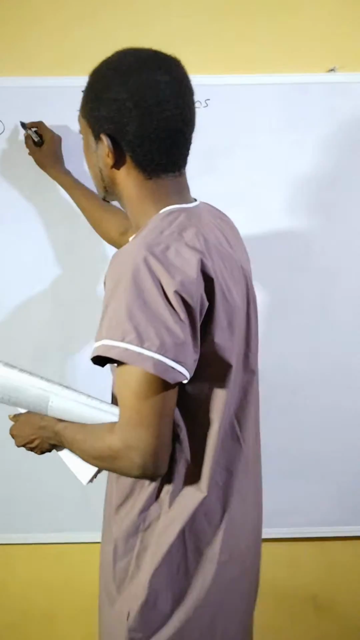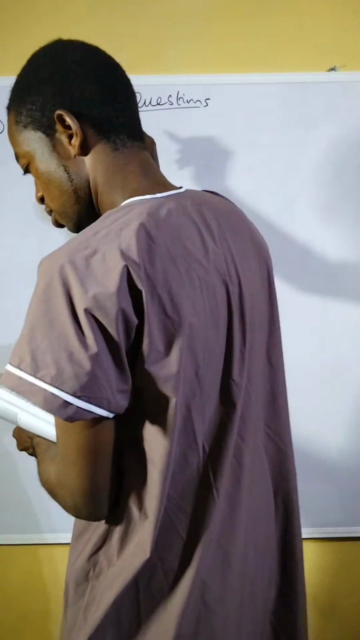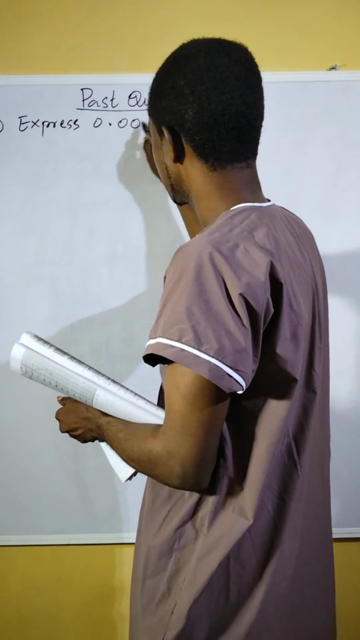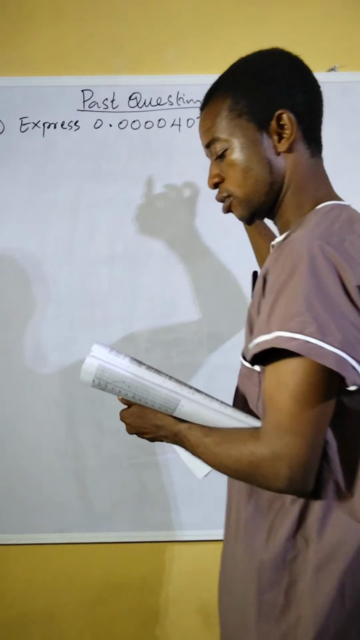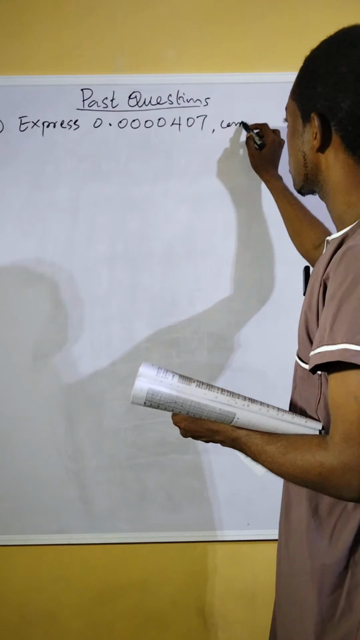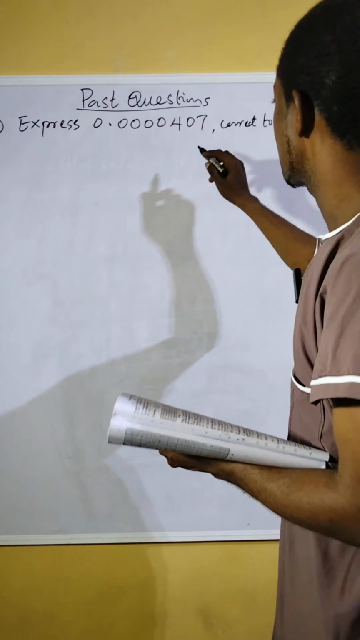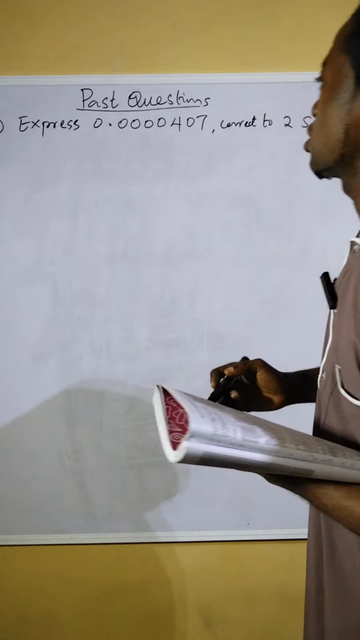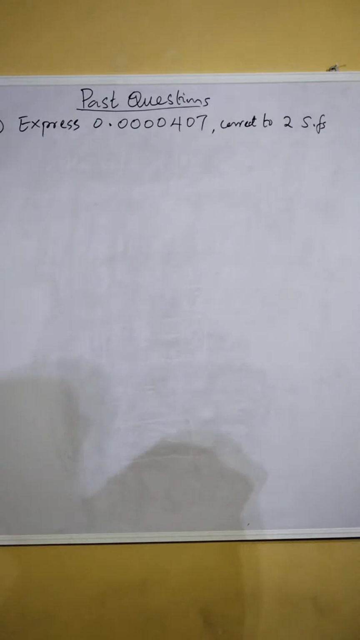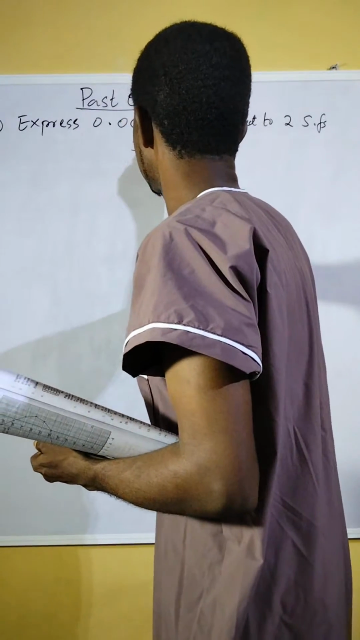Express 0.0000407 correct to two significant figures. So we want to express this correct to two significant figures. That is, here we should understand that